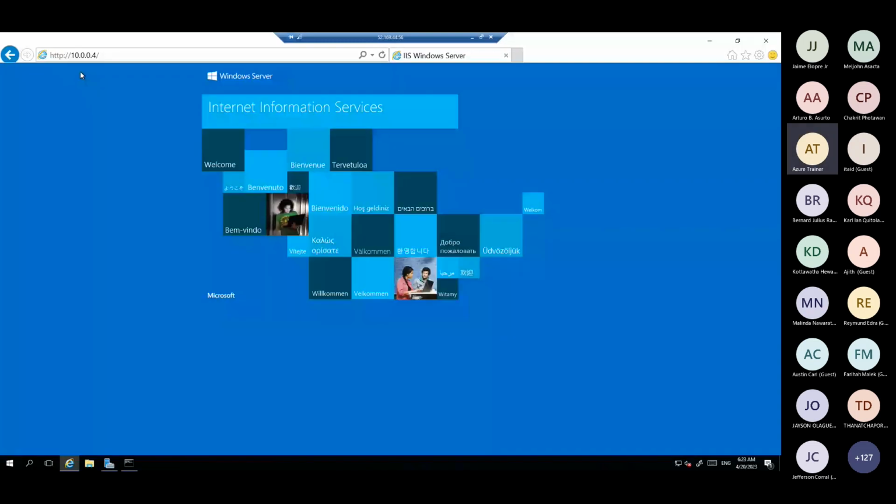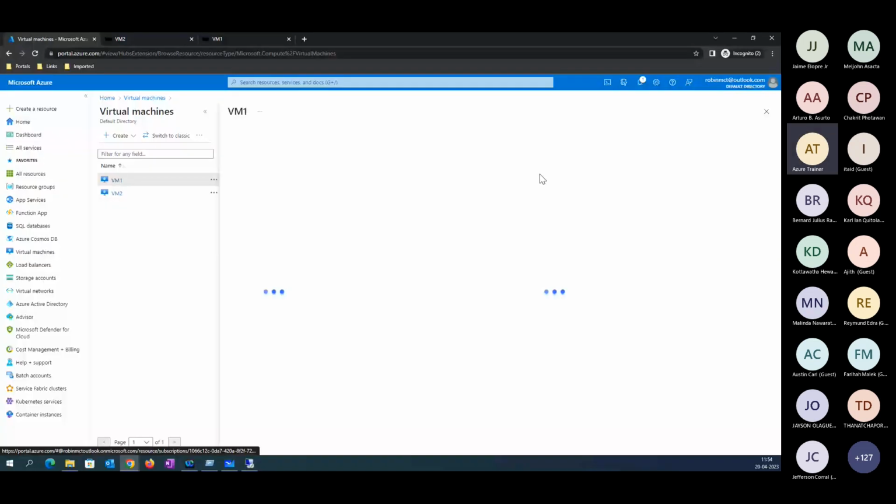Right now you may be able to see the web server is working locally. This is when you try to connect with a public IP address also from the local computer. Right now you can see it is working locally here.